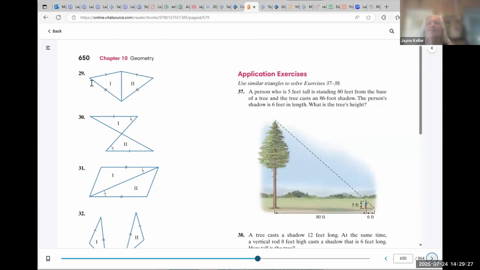Okay. So this is basically the same thing, but now they threw a tree in there. Other than that, it's the same thing. If we redraw a similar picture, I'm going to redraw it like this. This is the tree. There's our person. This is 5 feet, this is 6 feet, and this is 80 feet. And then if we label it again,